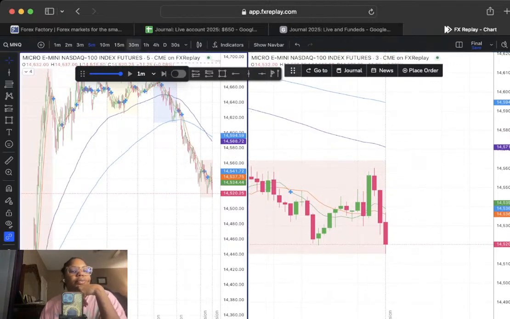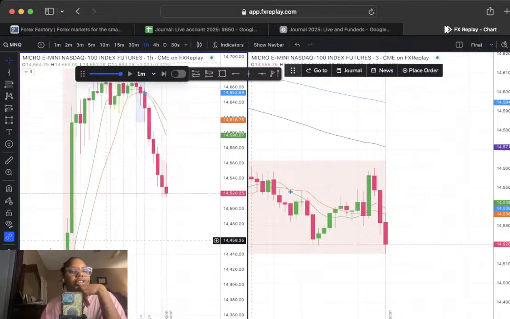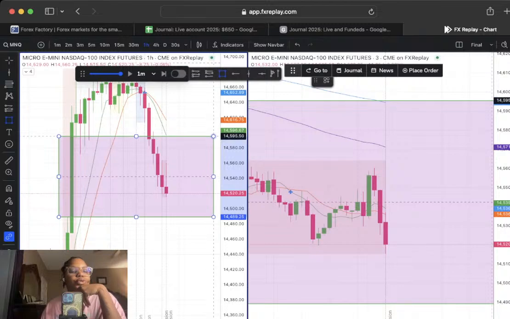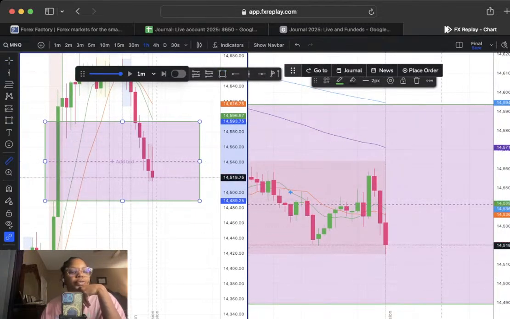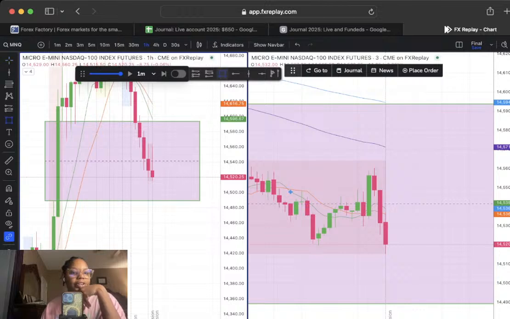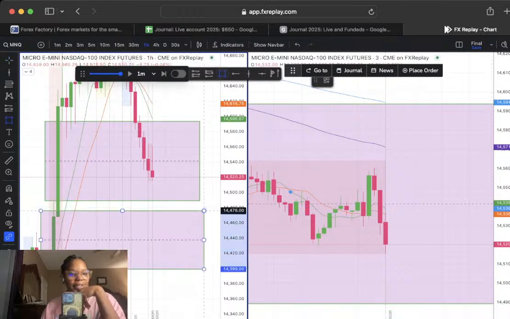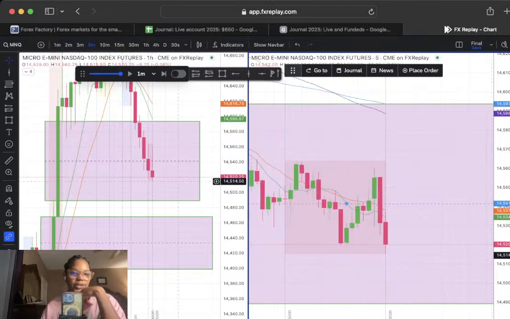Alrighty, let's go to the 1 hour. Okay, I hate when it's some shit like this because we're just in this giant gap and it's so much more room for us to go lower if we want, or we could just reverse from now. Like I said, I need 200. And there is another gap here we could go to, I guess. So let's just see how the EMAs play out for us.